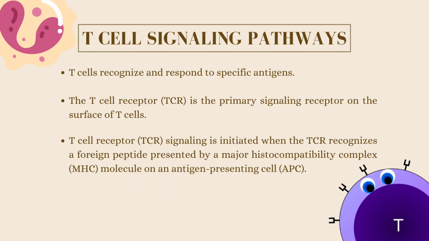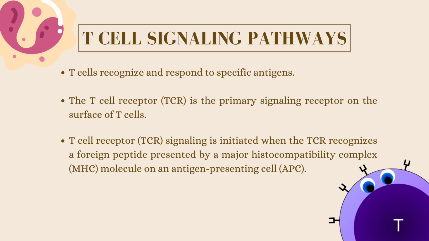So now let's proceed to the signaling pathways involved in T cell receptor activation. Just for a recap, T cells play a crucial role in the adaptive immune response by recognizing and responding to specific antigens. The T cell receptor, or TCR, is the primary signaling receptor on the surface of T cells, and the TCR signaling is initiated when the TCR recognizes a foreign peptide presented by a major histocompatibility complex, or MHC molecule, on